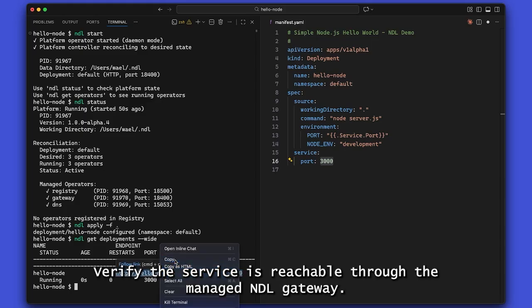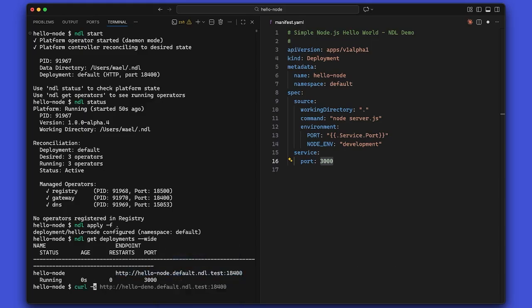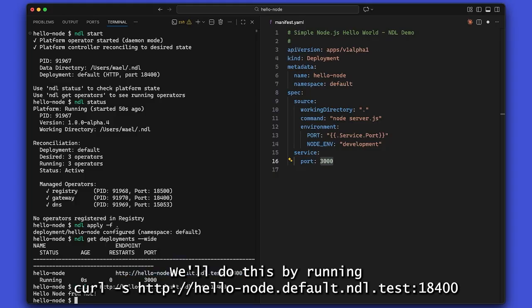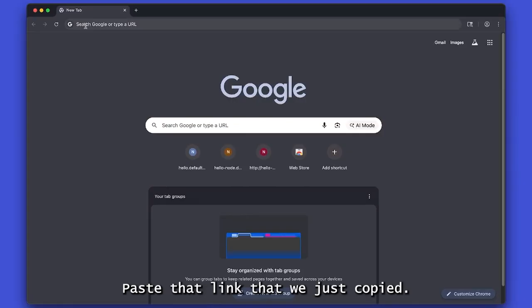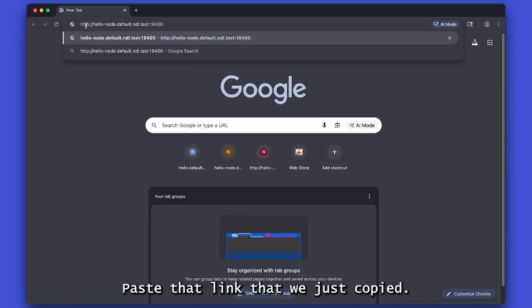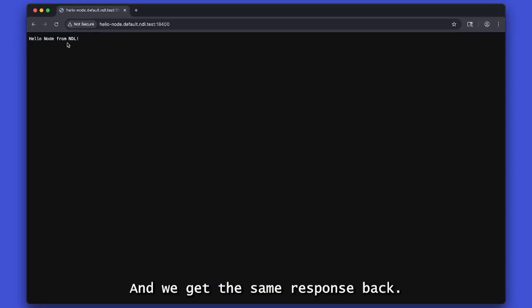Verify the service is reachable through the managed NDL gateway. We'll do this by running curl -s and the endpoint we just copied. And the result should be "hello node from NDL." Next, we'll open up our browser, paste that link that we just copied, and we get the same response back,